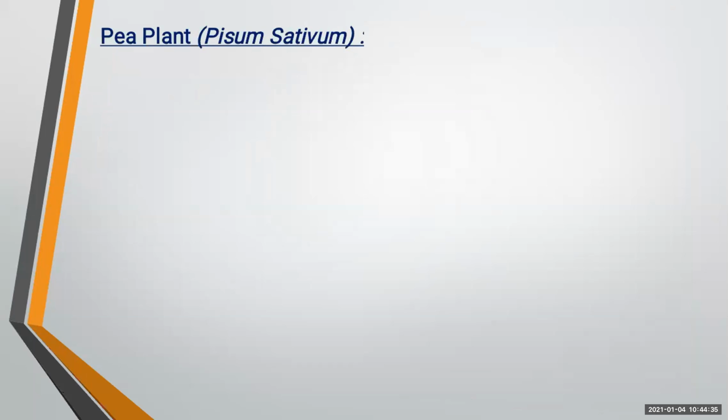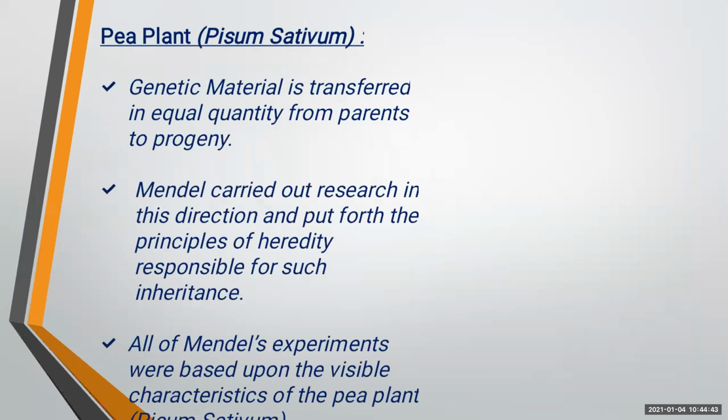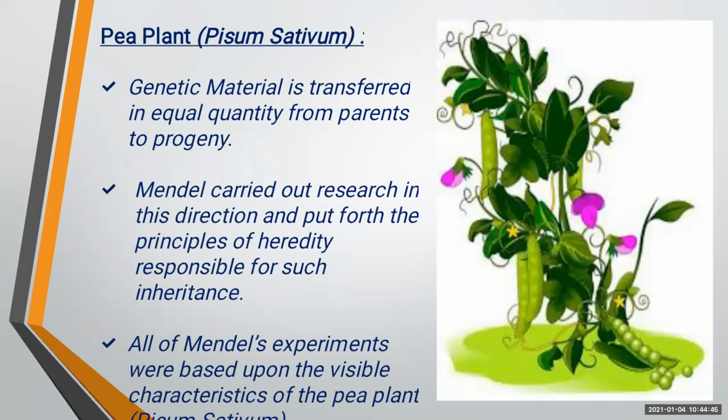So I'll show you the plant. This is the plant on which Mendel did the work. See, this is a pea plant. The scientific name of the pea plant is Pisum sativum. In Hindi, it is also called matar, and in Marathi, it is called vatana. Right, so genetic material is transferred. We know that the genetic material is transferred in equal quantity from parents, right? From male and female parents,